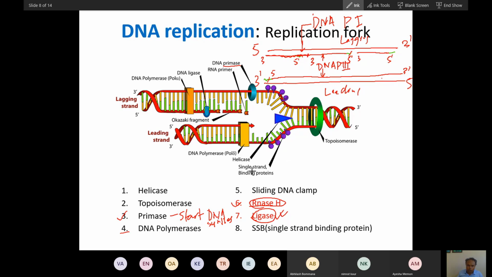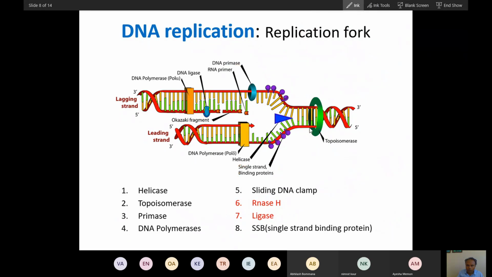So there are all these proteins, and there is also the single strand binding protein. Once one replication fork is opened, this single strand has to be stabilized. It will be stabilized by the single strand binding protein, and after it is stabilized, there will be synthesis of DNA. You can see these are SSBs, single strand binding proteins. So many proteins are required for DNA synthesis. Did you understand this? If you understand the function of each of these, you will understand DNA synthesis easily.